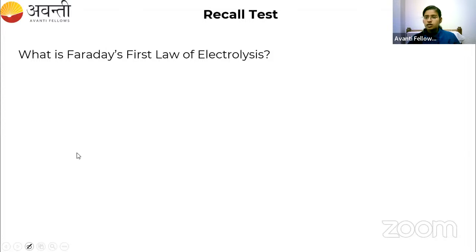Okay. Fine. So can anyone let me know the correct answer for this question in the chat box? What is Faraday's first law of electrolysis? You don't have to give me the definition, just give me the formula alone. We have studied W is equal to something, right? So what is that something? W is equal to. Faraday's two laws we have studied. So the first law is W is equal to Z into I into T, right? So the second question is